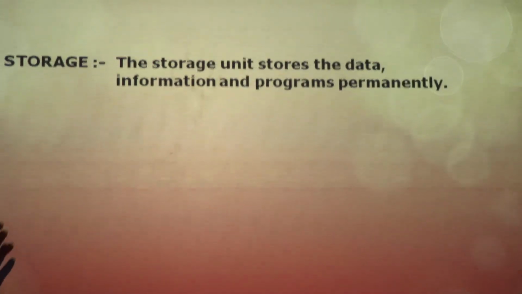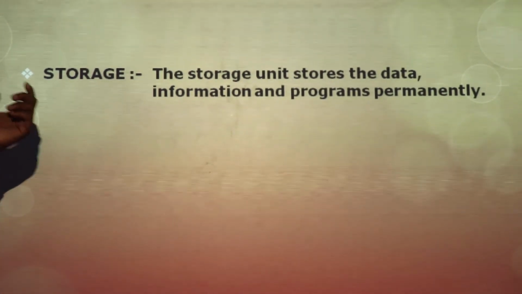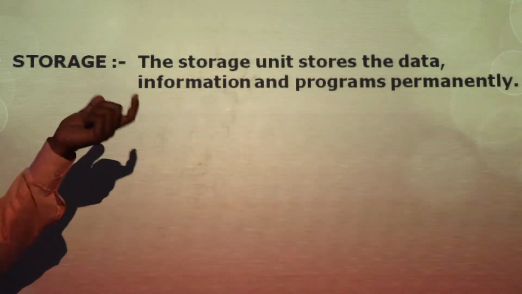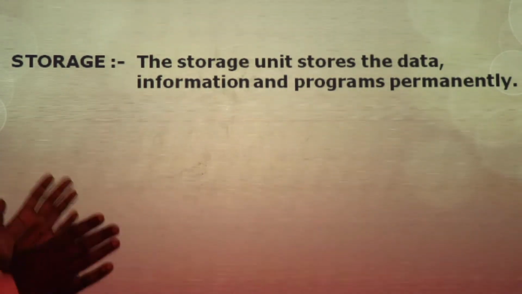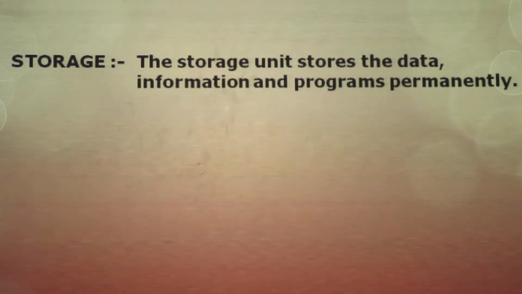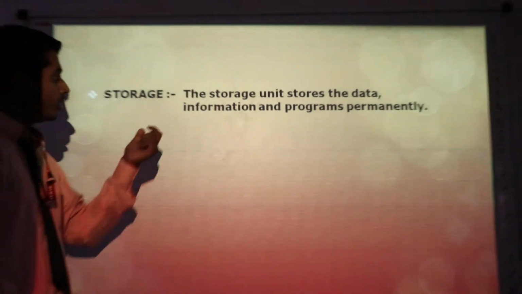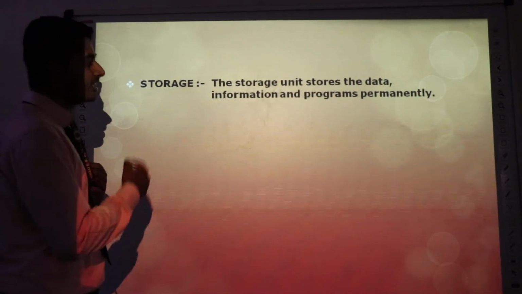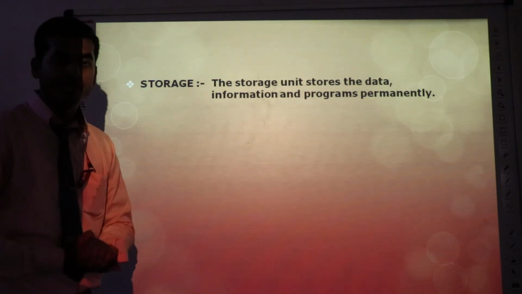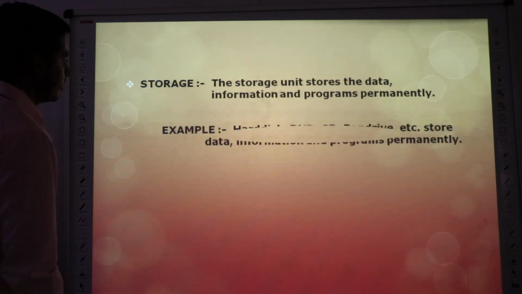Okay. Now, the last part of the IPO cycle is storage that I have added here. The storage unit stores data, information, and programs permanently. Why are we storing some data? The data and information we have stored in the system, that is called the information, and the programs are stored permanently. How can they be stored? For example, see here,